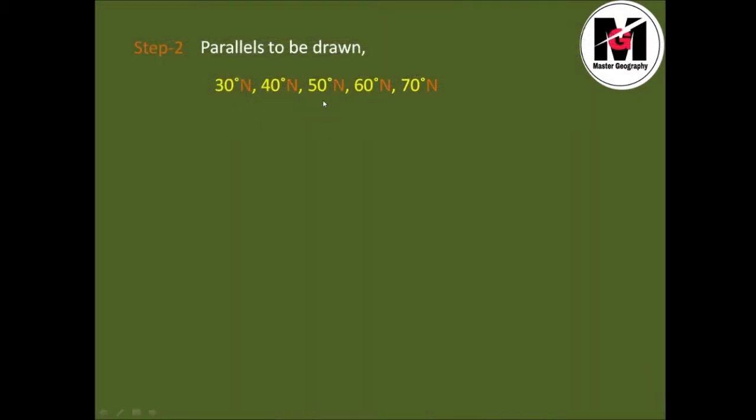Now I will have to determine the middle latitude. First number plus last number divided by 2 equals 50 degree north. So this is the standard parallel. Otherwise you can choose the standard parallel by counting: there are 5 numbers here, 1, 2, 3, 4, 5. The middle point has 1, 2 on each side. So the middle point means the standard parallel is 50 degree north.